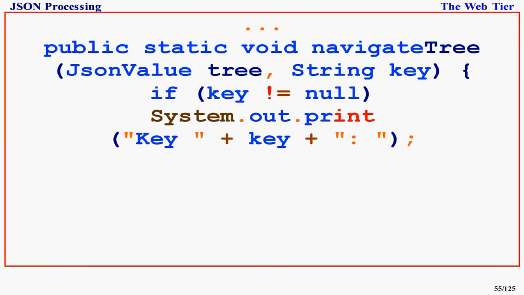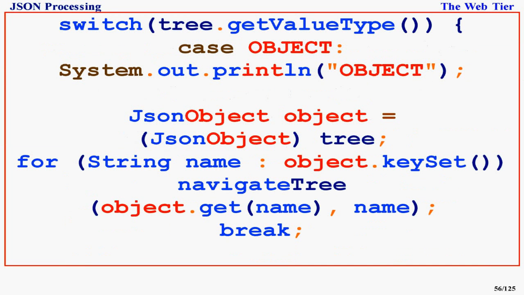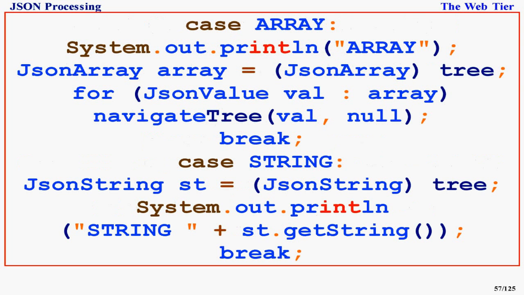System.out.print(key + "/"); switch (tree.getValueType()) { case OBJECT: System.out.println("(OBJECT)"); JsonObject object = (JsonObject) tree; for (String name : object.keySet()) navigateTree(object.get(name), name); break;